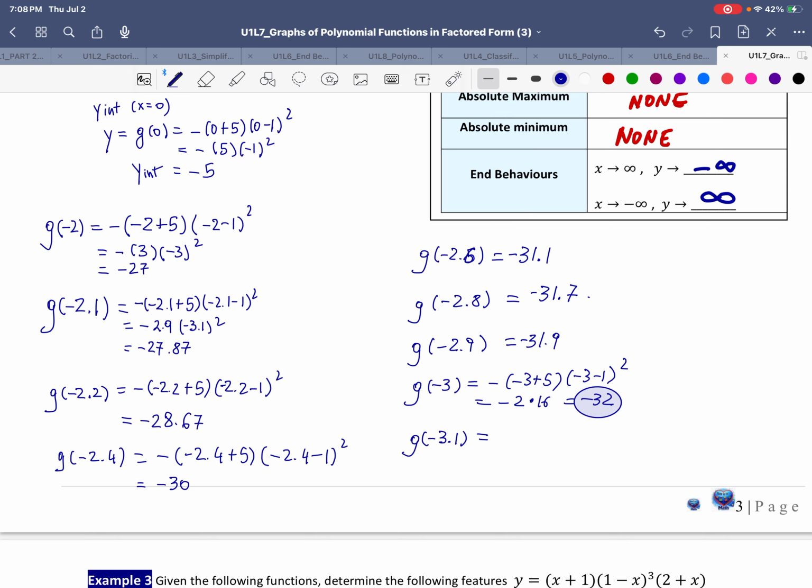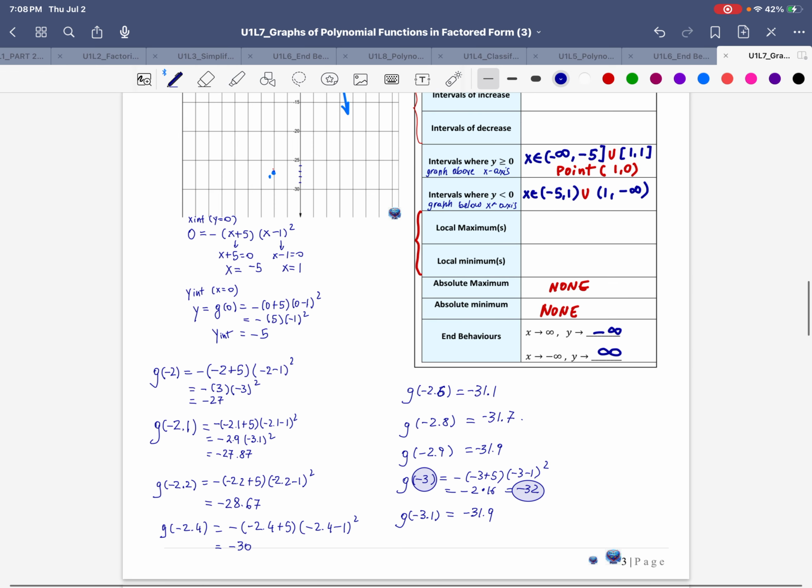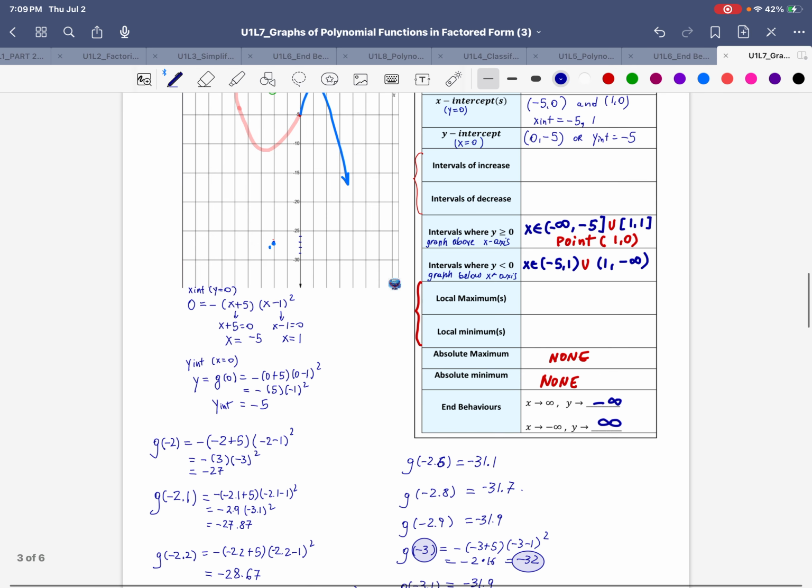We're going to continue with negative 3.1 plus 5 multiplying negative 3.1 minus 1 squared, and we get negative 31.9 again. So it seems that at negative 3 is where the function will have the minimum, the local minimum. And we're going to say that the local minimum will be at x equals negative 3 and y